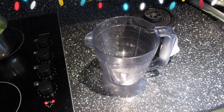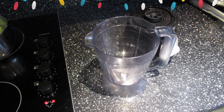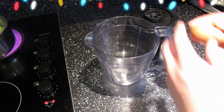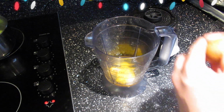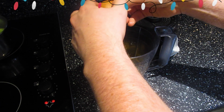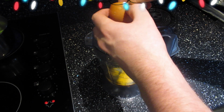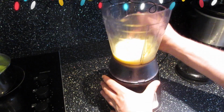Okay, for this we're going to use our blender, so if you've got a food processor or a whisk or anything like that, that's fine as well. First off, into this we want 2 medium eggs, and the last one, it's the difficult one, we just want the egg white. There we go. Done. Now I'm going to take this off here,